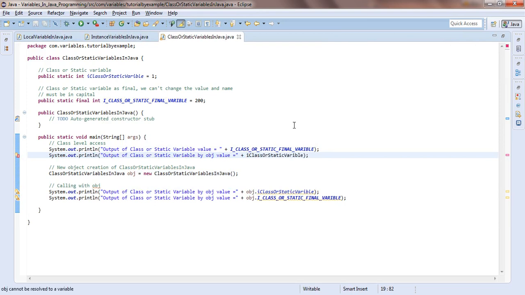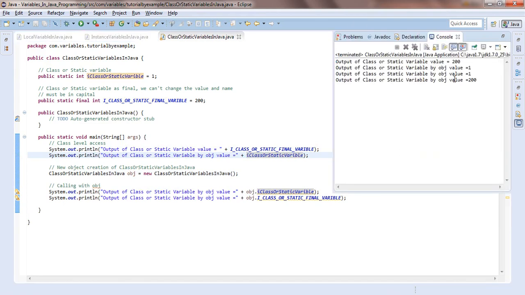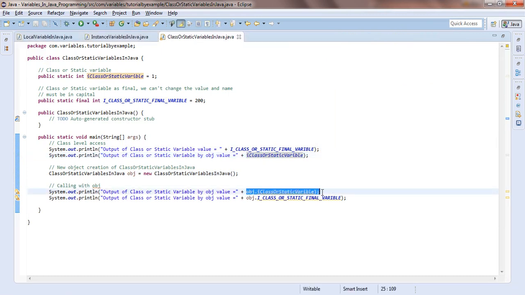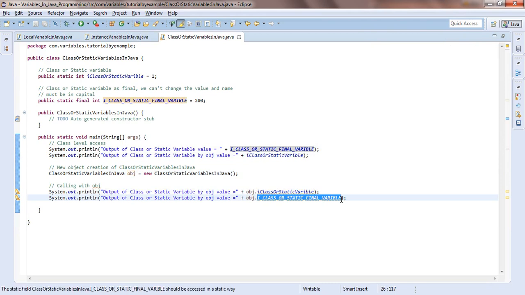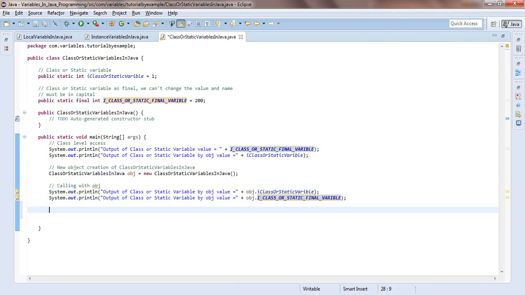Even without the object it's giving the output 1, and the second one with the help of an object also gives 1. And the third one, if I print with the help of an object also, like a static variable or class variable, it's printing the object. Now we can change the value